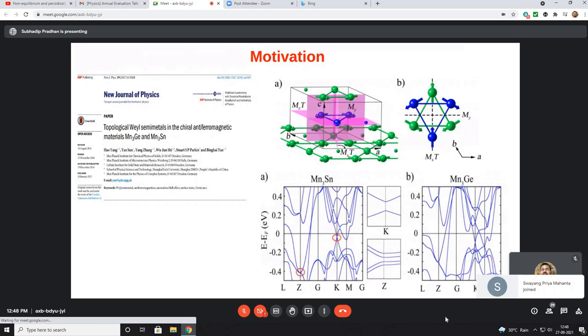What was the typical moment size of this magnet? 3.2 mu B. That's okay. Can you argue from there that this is close to a classical magnet and not a quantum magnet? Your argument is based on a particular classical magnetic structure that you have drawn. Yes. But can you argue that it is close to a classical magnet and not a quantum magnet? What temperature was this done at? Temperature. DFT is typically done at what temperature? When you do density functional theory, what temperature do you do it at?